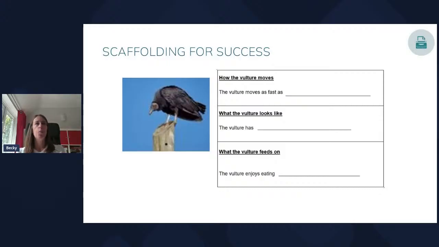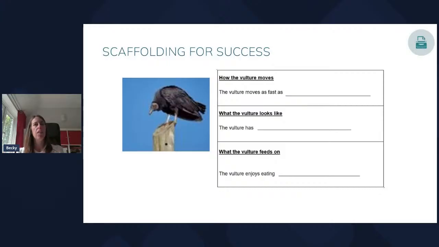So you can see here I might provide subheadings, a sentence starter. I may well then ask them orally, so lots of talk you'd want at this stage to talk through their ideas, lots of images of the vultures, a video perhaps as well, and me thinking, right, here's my sentence, what would your sentence be? Or can you tell me something else that it looks like? And they're verbally saying it before then writing it or having a go on a whiteboard.